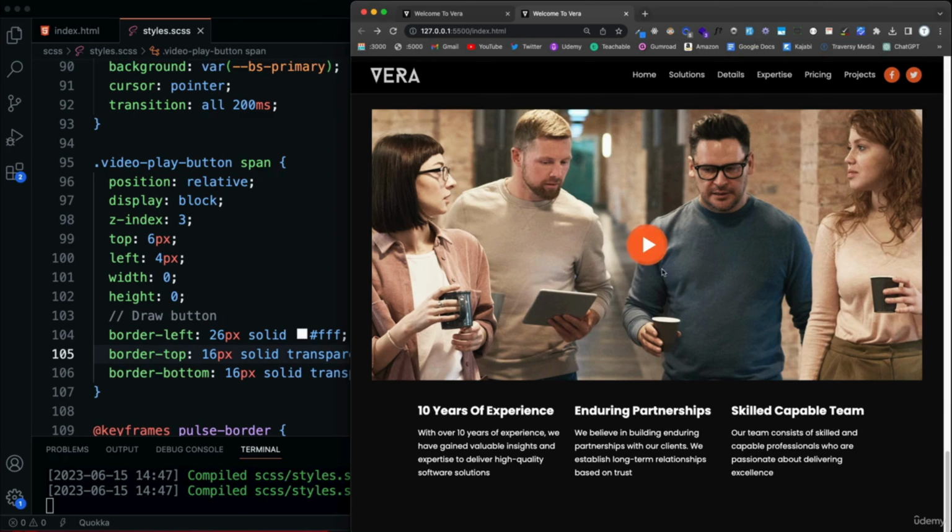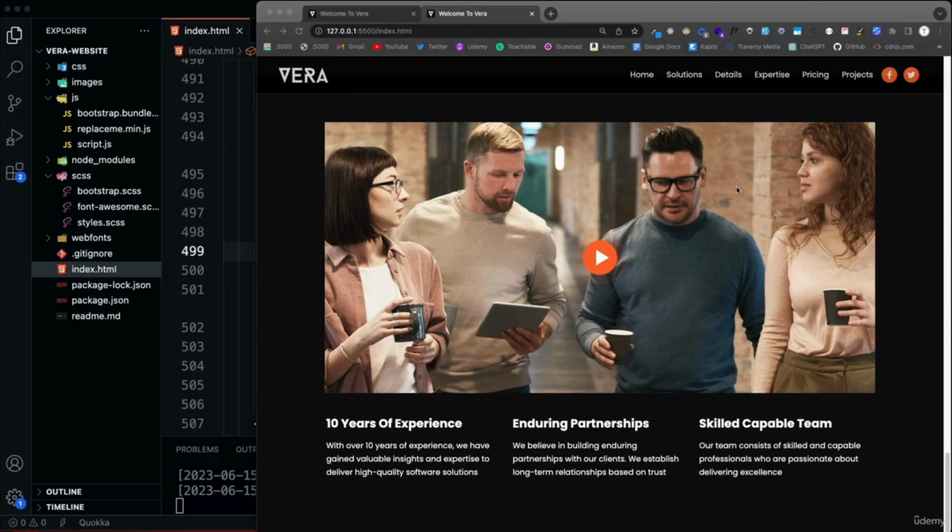So in the next video, we want to make it so that when we click this button, it opens a modal and plays a video. All right, guys, so we're going to add the modal now, so that when we click this, a video opens and plays. And basically we're going to have an iframe in the modal, but we do have to add some